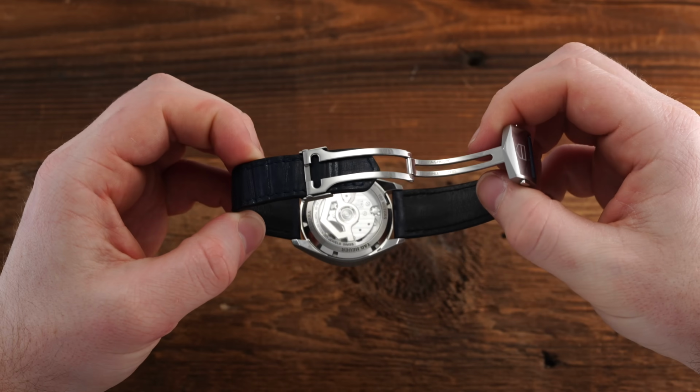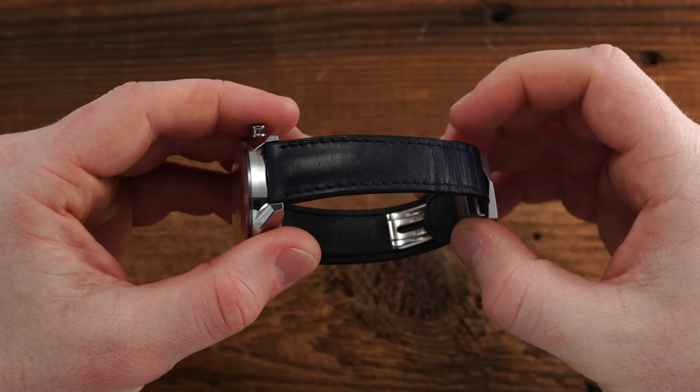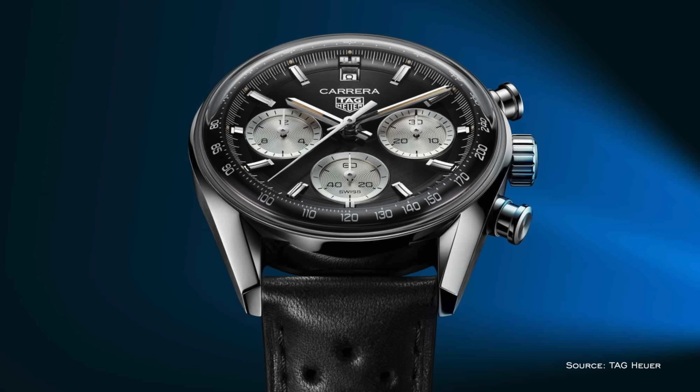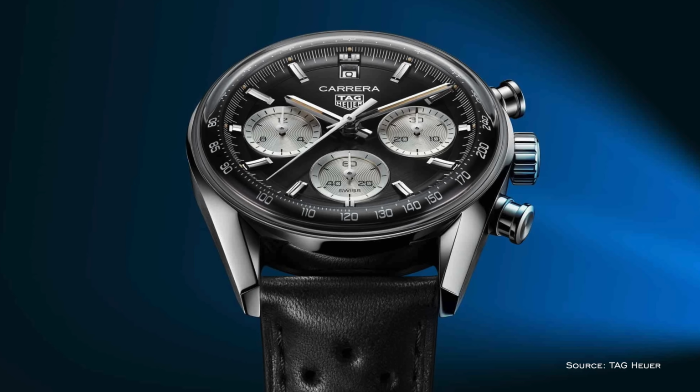The only small aspect of this configuration that was a bit of a challenge was the bolstered nature of the strap. It did take a bit of work to slide through the narrow clearance of the clasp, causing more wear than normal on the upper lining of the leather. As a note, the other black dial variant of this model family offers a perforated strap that aligns more with